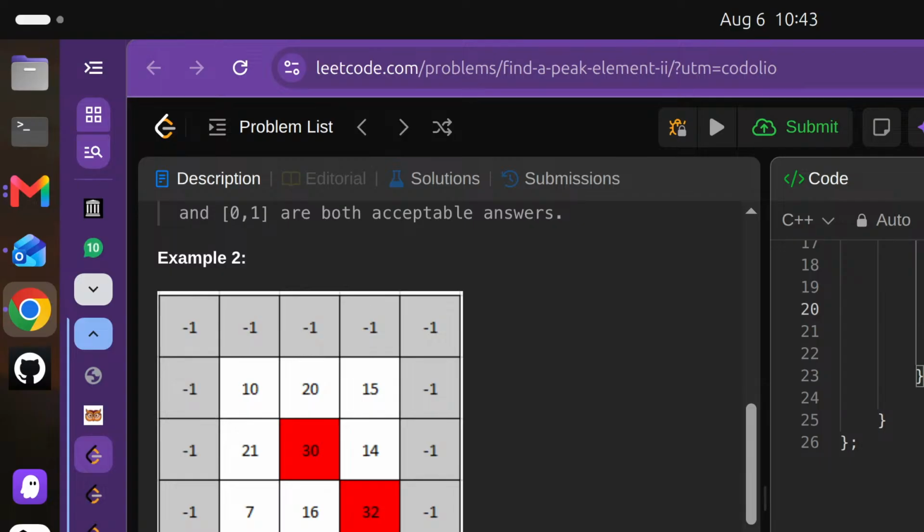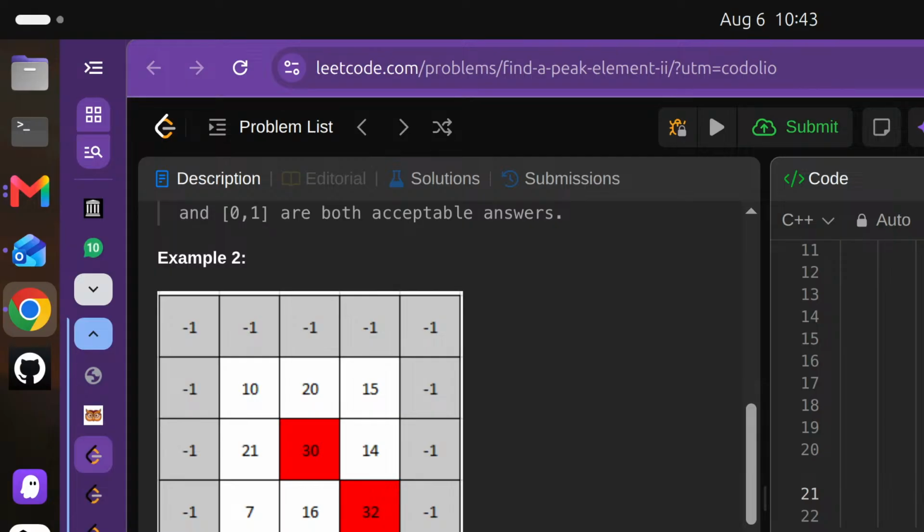Now if mat of maxi row and mid column is greater than left, and mat of maxi comma mid is greater than right also, then what we will do, we will return